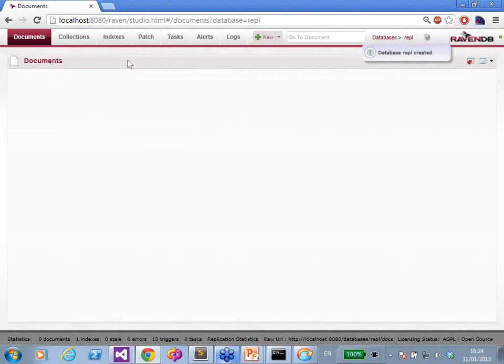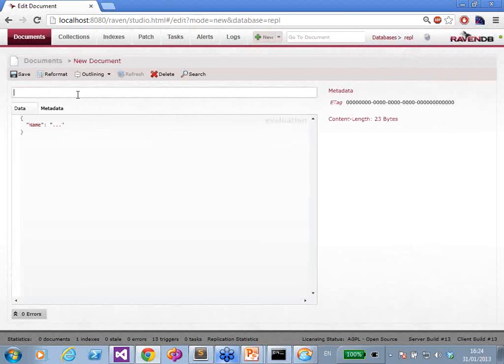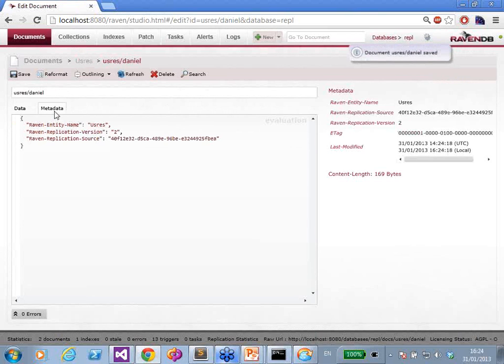So we added this, and now we start writing. So now we have this user. Note that those things are added by the replication bundle. And also very, very important for us to actually be able to handle replication properly, to avoid having unnecessary conflicts and all of those sort of things. A versioning bundle,